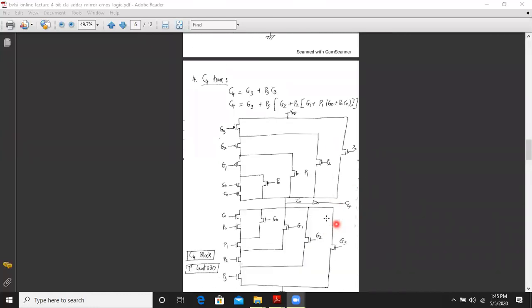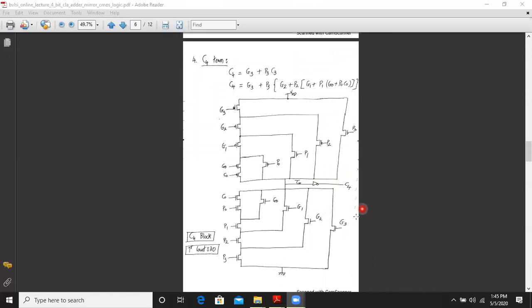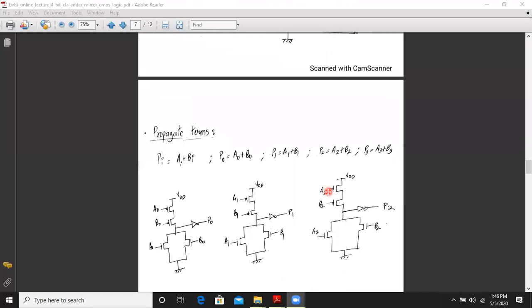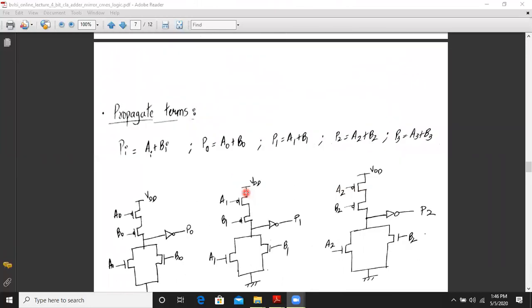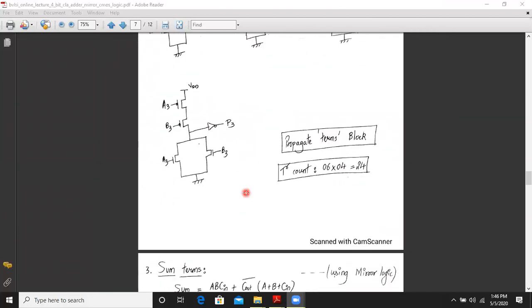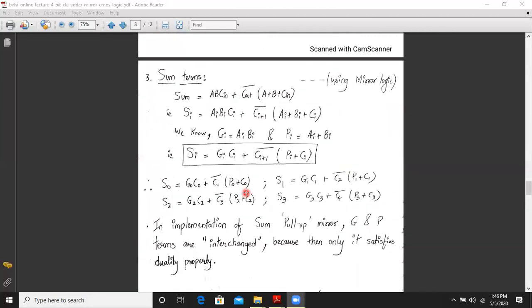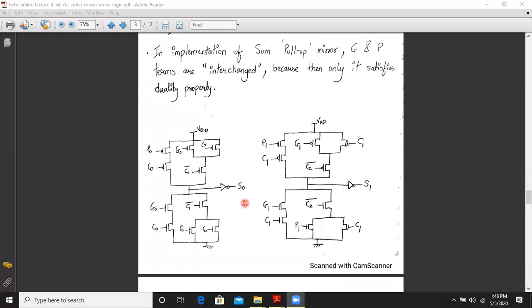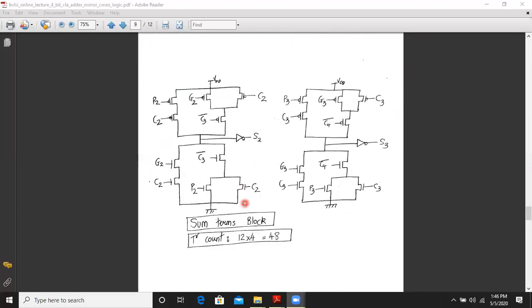Next was C4 block, the biggest. After C4 block, we have seen the slightly different implementation of the propagate terms using static CMOS logic, and then similarly the generate terms. Then we have seen how to implement the sum terms using this modified equation, and just now we have implemented them using mirror CMOS logic. So this completes the entire implementation of 4-bit CLA adder using mirror CMOS logic.